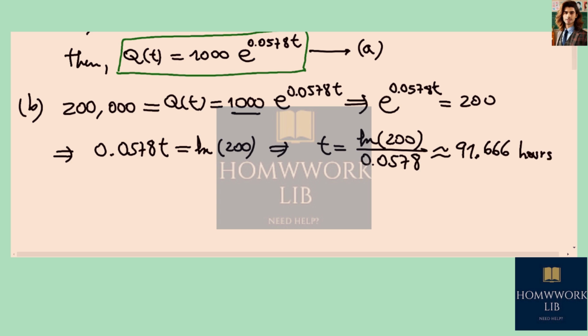So to have a better idea, we divide that by 24. We have that it goes 3 times, and then the remainder to get the number 91.666 is about 20 hours. So it's almost 4 days. So the time required for the bacteria